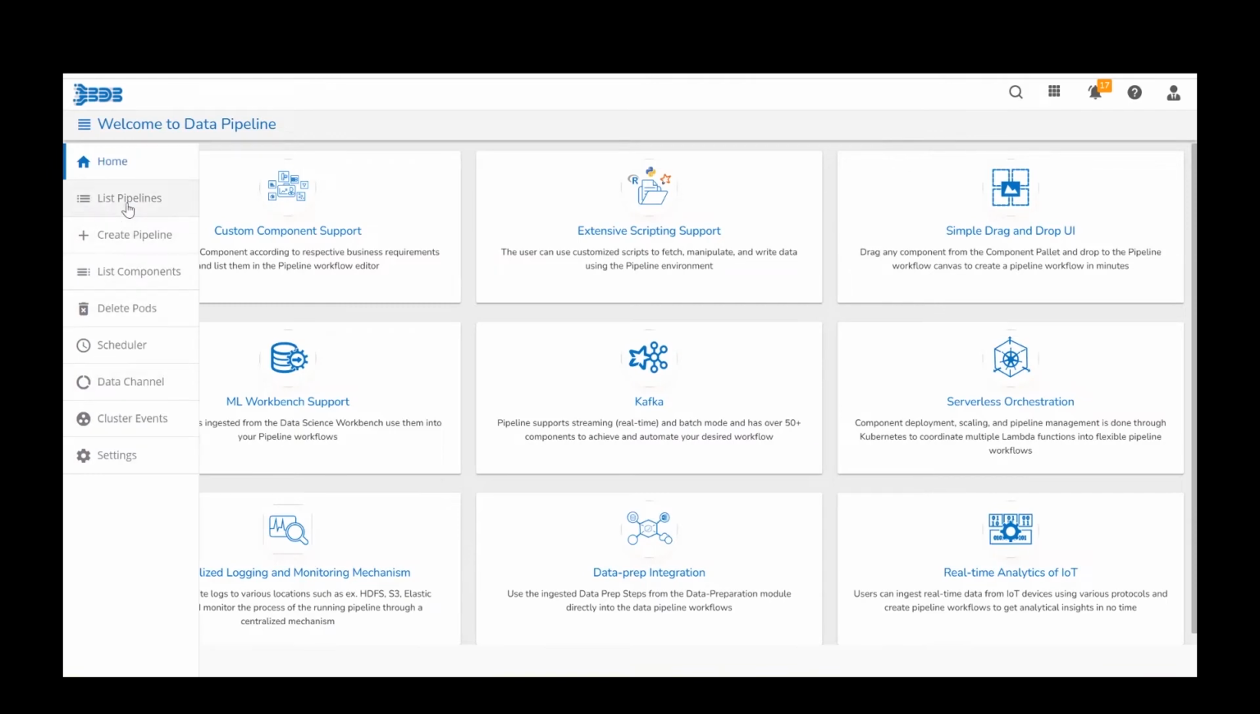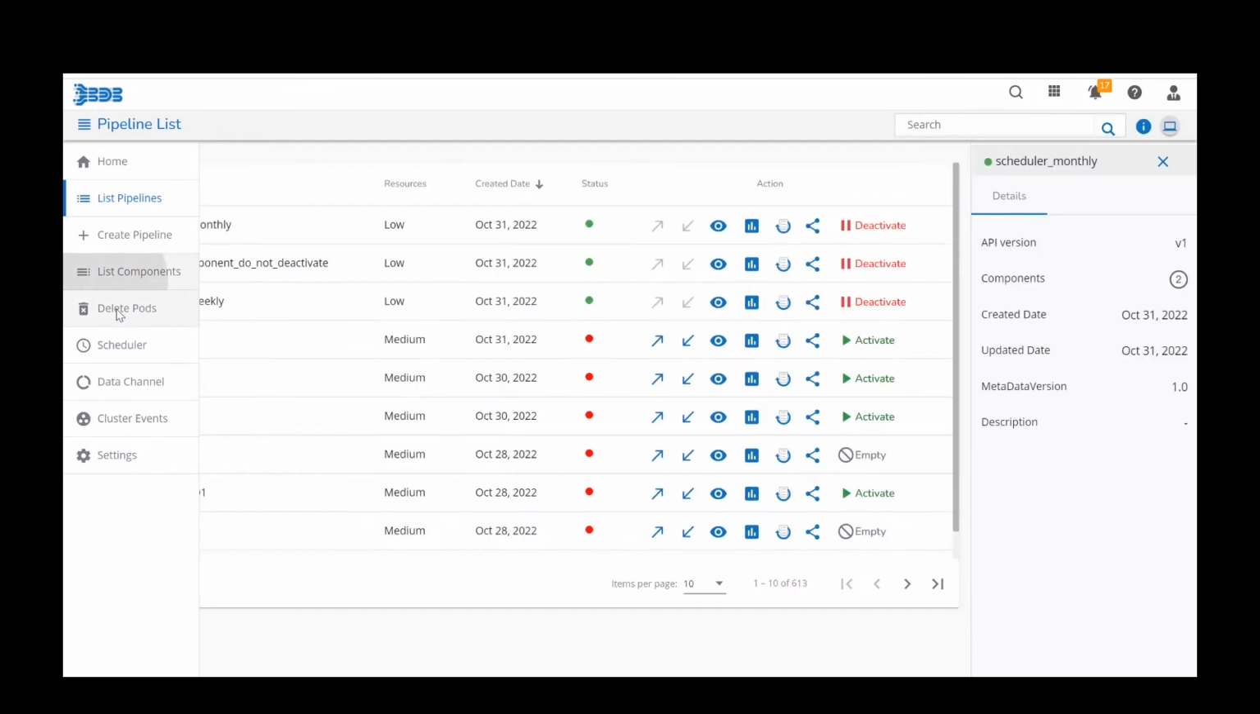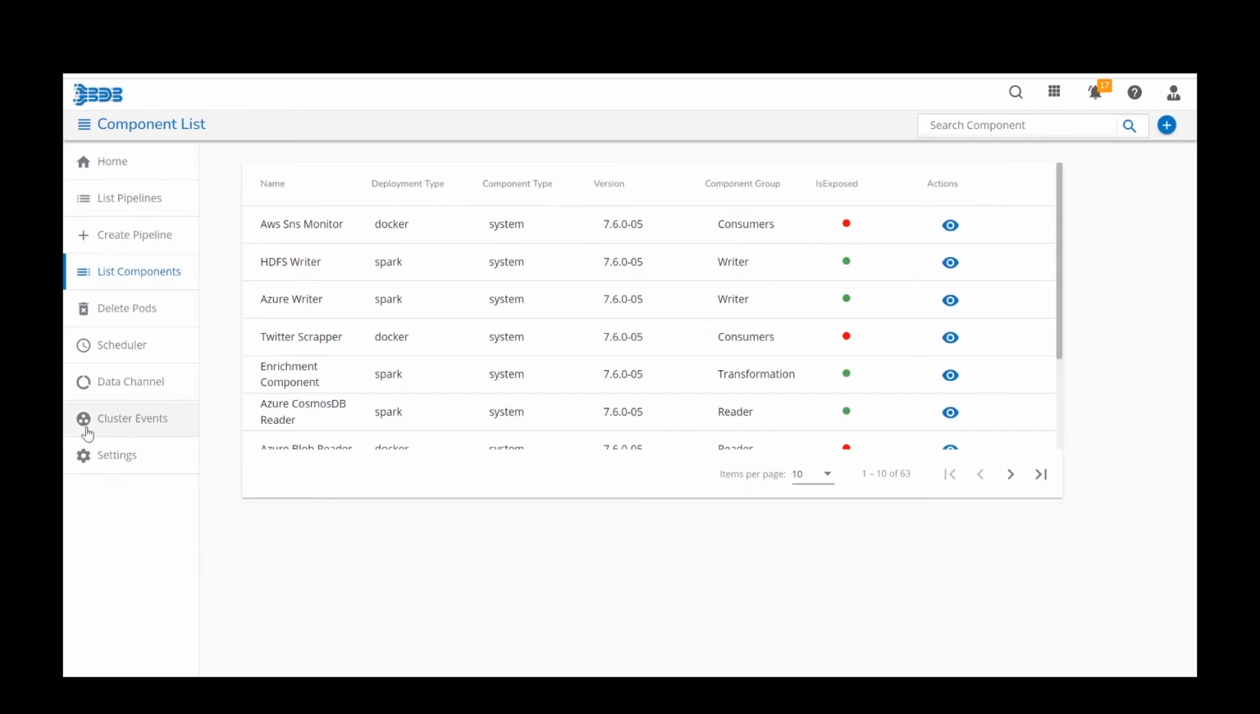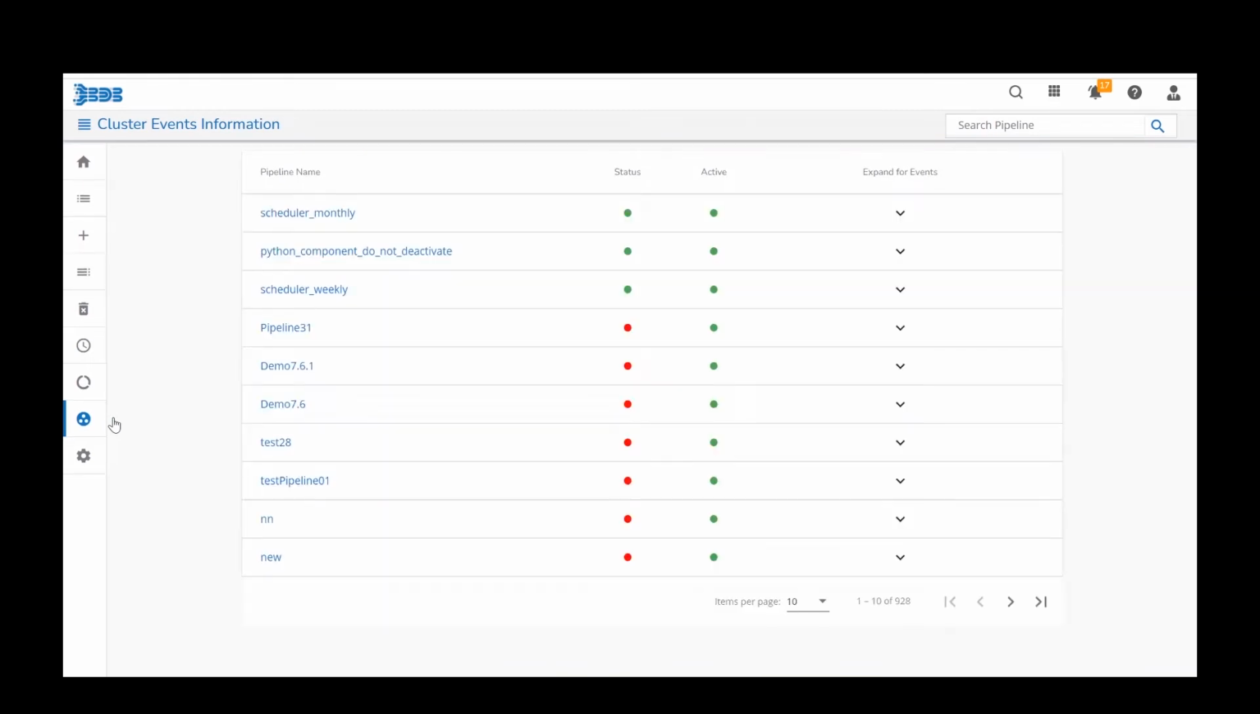On the left hand side, you can see we have multiple options. List of pipelines where all the pipelines will be listed, list of components, scheduler, delete ports, data channels, cluster events. So in the current release, we have introduced this new page, that is the cluster event page. So once I click on this cluster event icon,